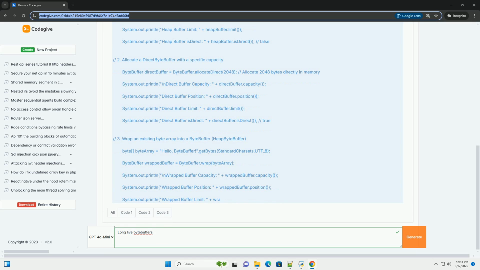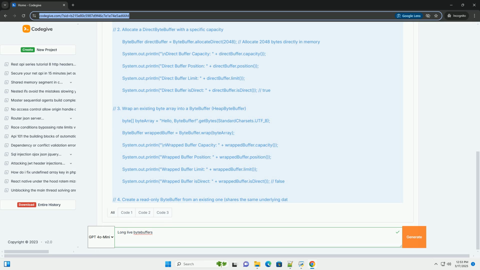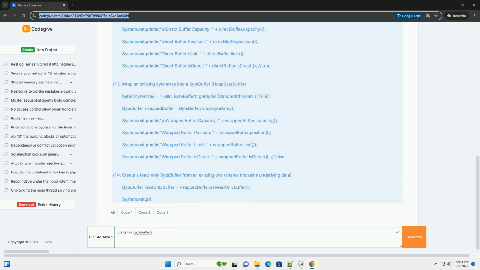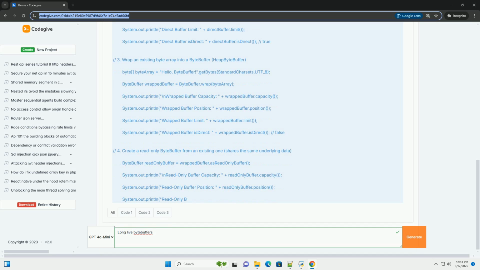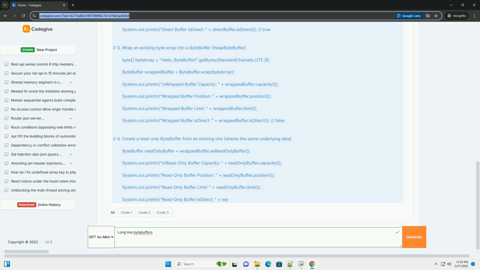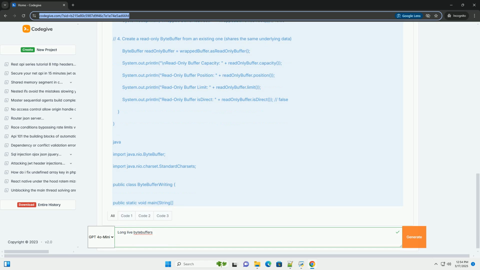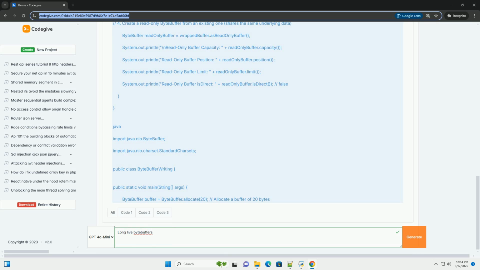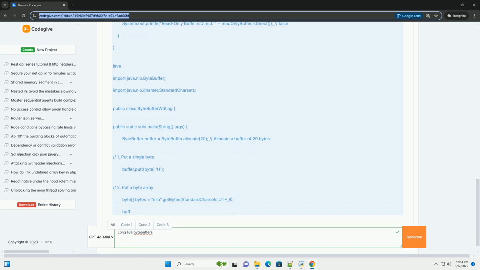This tutorial will explore byte buffers in detail, covering their types, creation, usage, advanced features, and best practices. 1. What are byte buffers? At their core, byte buffers are containers for primitive byte values. They wrap a primitive byte array and offer methods for reading, writing, and manipulating data within that array. The key advantage of byte buffers lies in their flexibility and efficient memory management. They avoid the overhead of creating new objects for each byte written or read, which is common when using streams directly. Key characteristics: